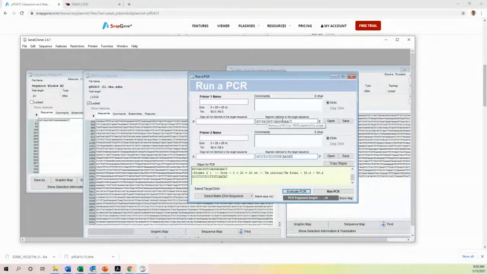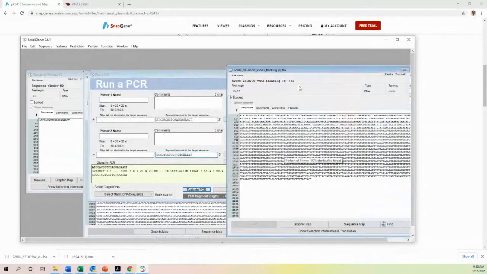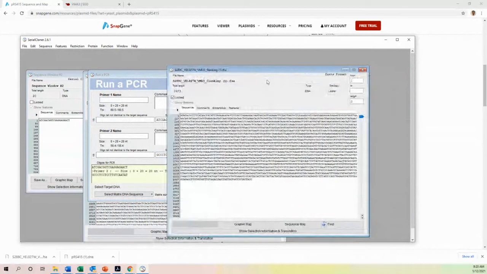So that's the forward and reverse primer. And now we go to the VMA3. For VMA3, we can see the sequence length is 2483. If you minus 2000, that tells you the sequence length is only 483, okay? So now for the forward primer, you need to